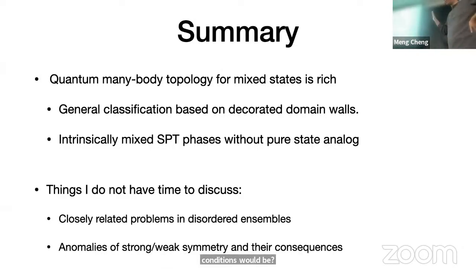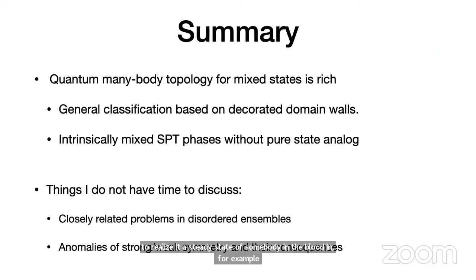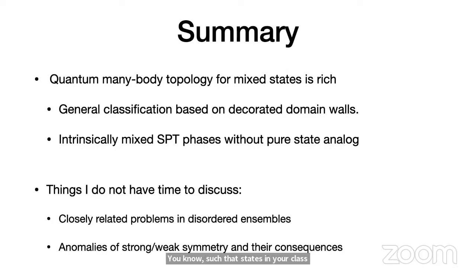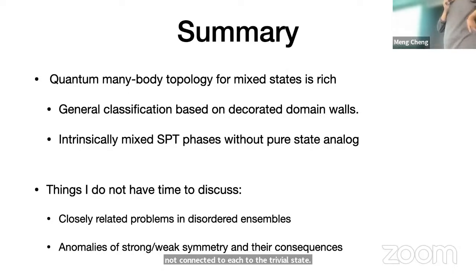Suppose we have some definition of short-range entangled mixed states, and your question is more about the steady state. So I want to realize a steady state of some Lindbladian, for example. Right. Or I might ask, what are the conditions on the Lindbladian or on the channel such that non-trivial states in your classification are not connected to the trivial state? Well, I guess the question is, do we have some topological invariants to distinguish different classes?